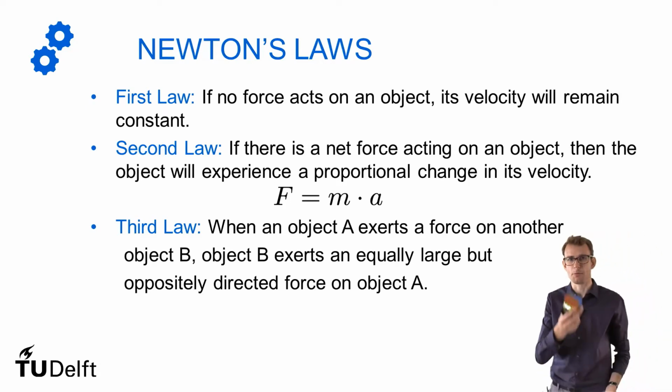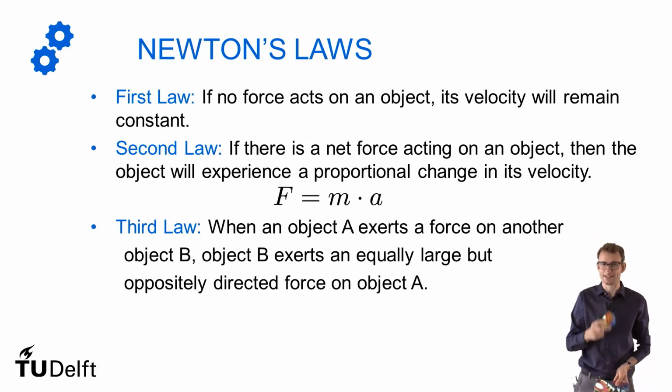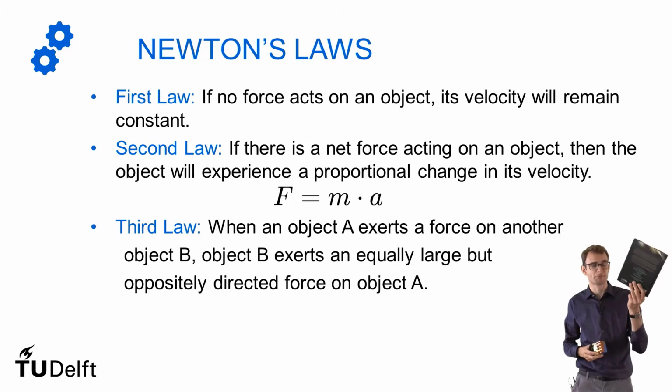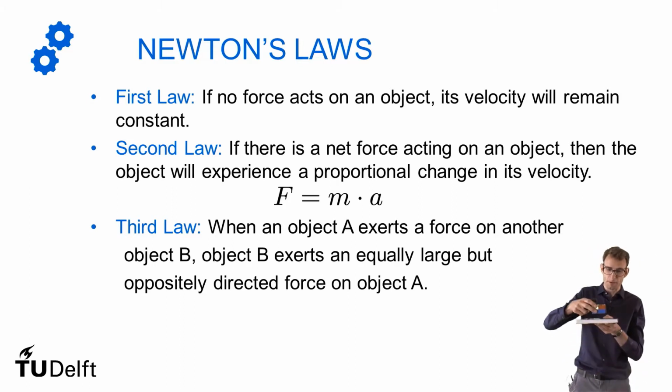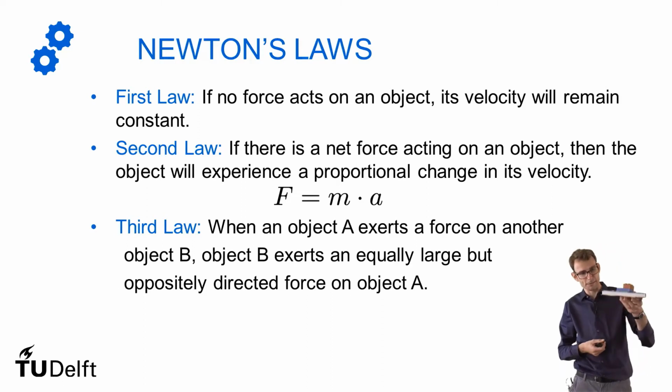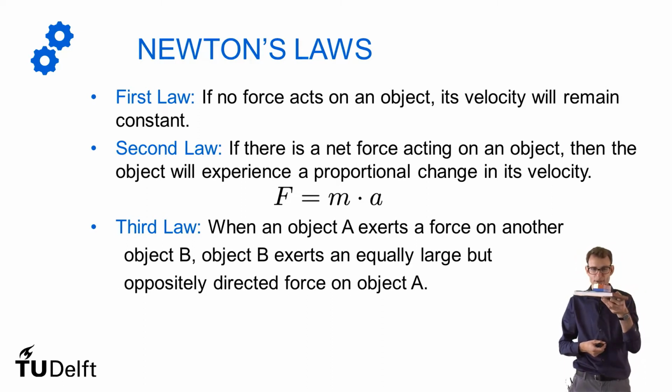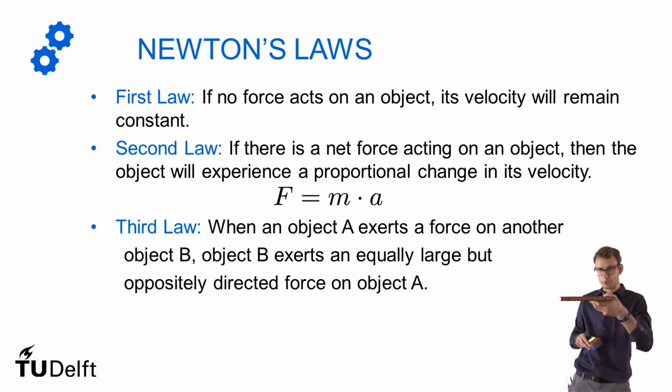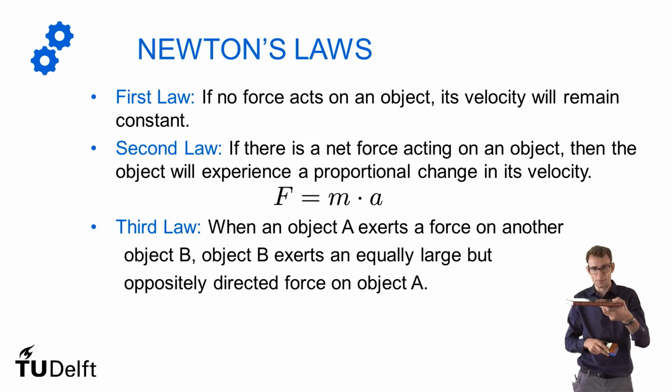Here's a block, and gravity is acting on it. There's a book. Gravity is also acting on this. But if I put the block on top of the book, gravity is not going to accelerate it. The book is going to be stable because I'm supporting it with my hand. So my hand is exerting a force on the book, and the book is exerting an equal and opposite force on my hand, and so everything stays in place. And the same goes for the block on the book.